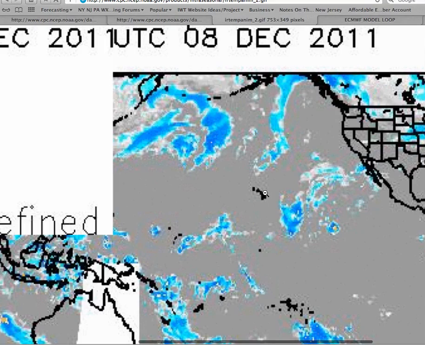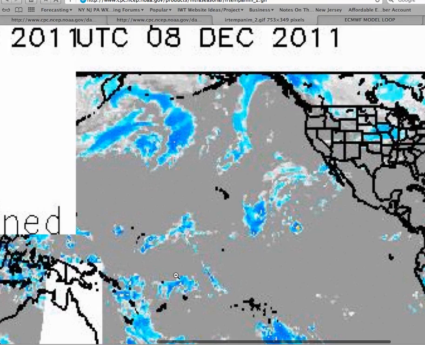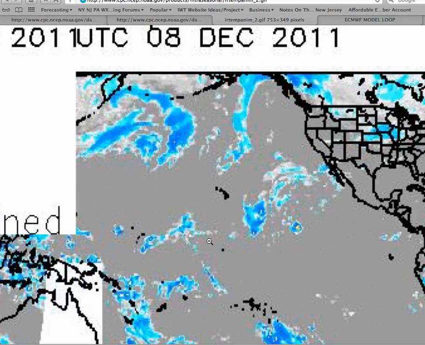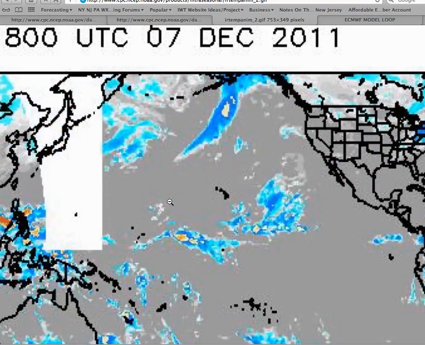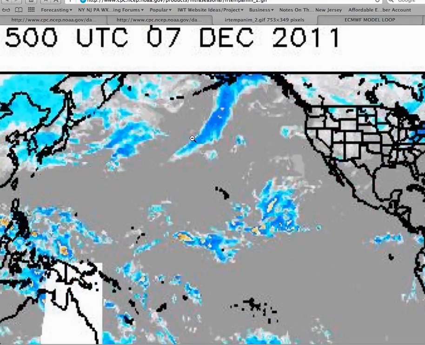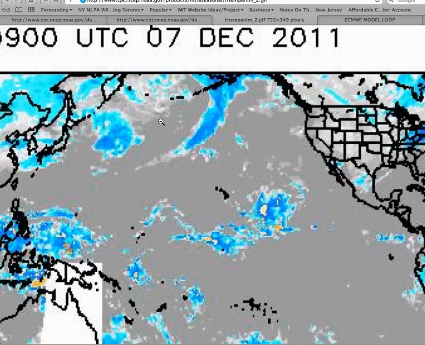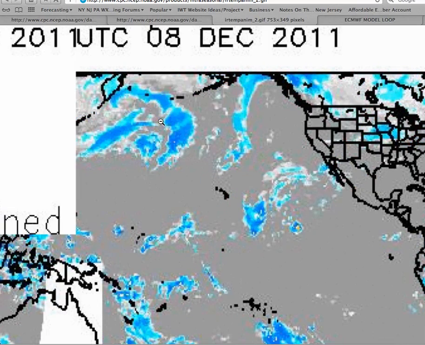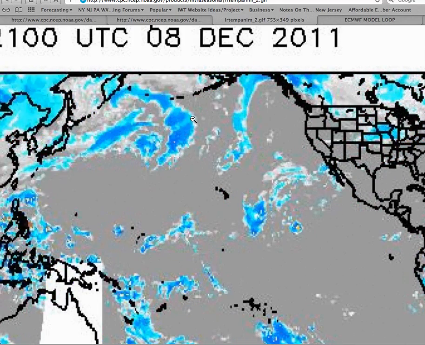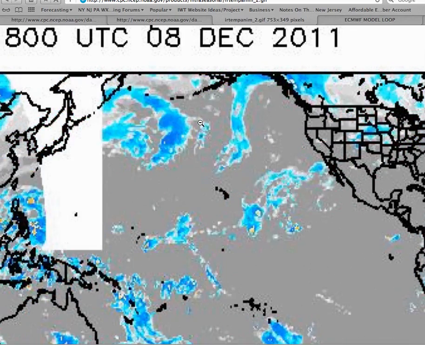Another feature I want to show you is the convection in the Pacific. Now, why is this important? When you get convection around the dateline, which is right around this area here, you enhance troughs in the Pacific, specifically around the Aleutian Islands. And when you enhance troughs around the Aleutian Islands, you end up with a negative EPO pattern. You combine this with what's going on in the stratosphere, and you start setting up a rather persistent and rather dynamic weather pattern. The reason why?